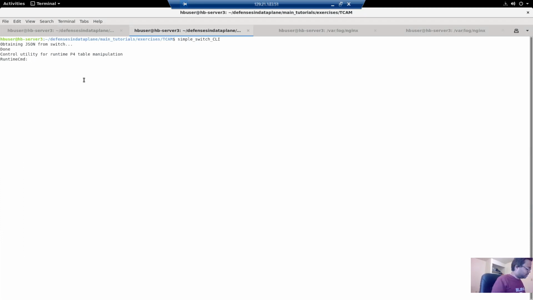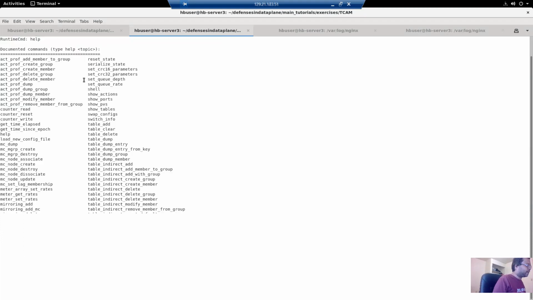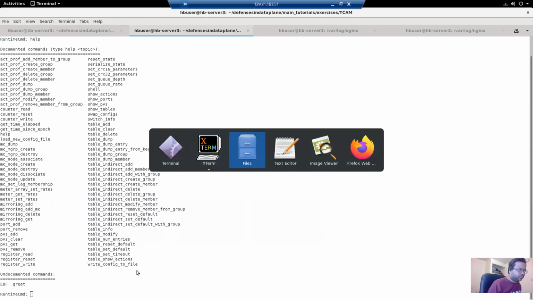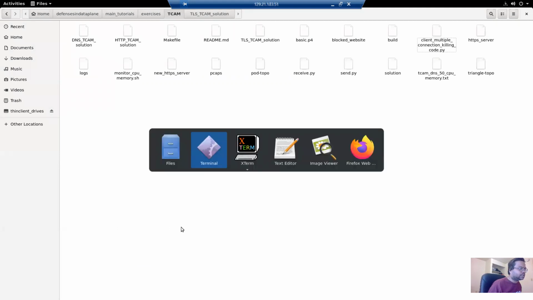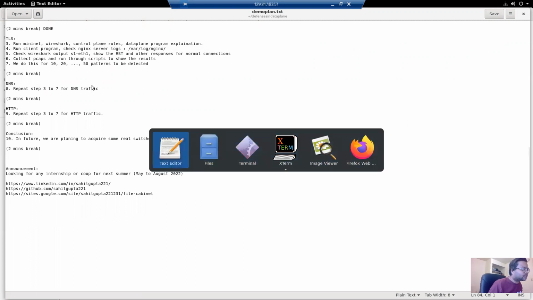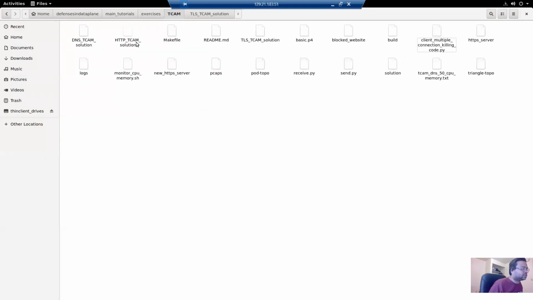Here, if you want to know more about the options available in this utility program, you can type help, and you can see all the different utilities directly available within this command line prompt. But for us, what we need is control plane rules, which we are going to get from here.